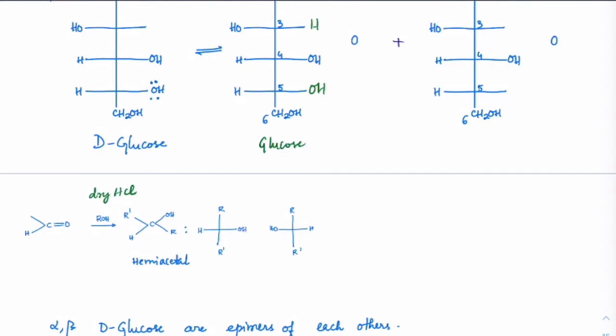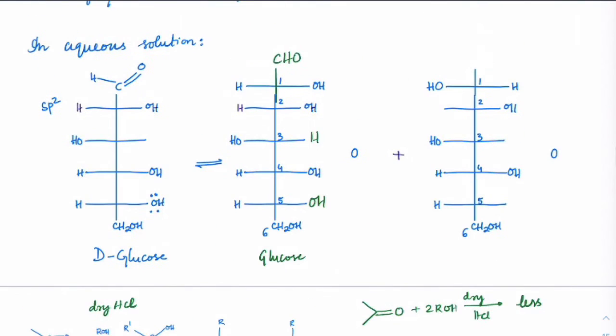If you just recall, it was the entropy factor which was very influential there. I told you that ketones are less reactive because of the entropy factor. Ketone plus 2 moles of ROH in dry HCl, the reaction is less. Why? Because of the entropy factor. Here we have 3 moles, and I would get only 2 moles after that, so entropy is decreasing. But if the OH is within the same molecule, then entropy does not decrease much. One molecule, and the product will also be one molecule, so there is not much change in the entropy. That's why even in the absence of dry HCl, the reaction will start taking place.